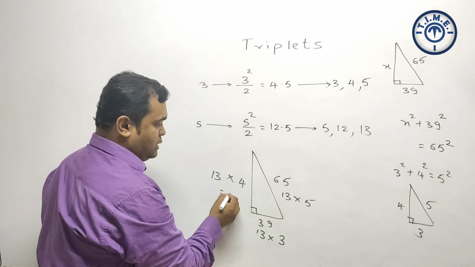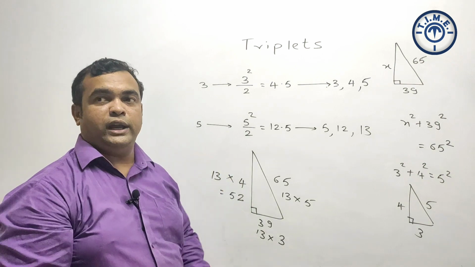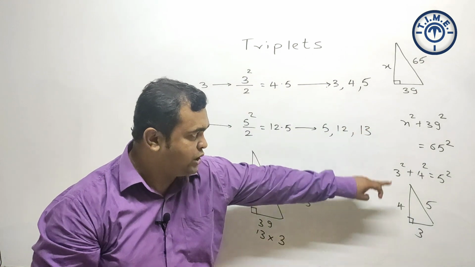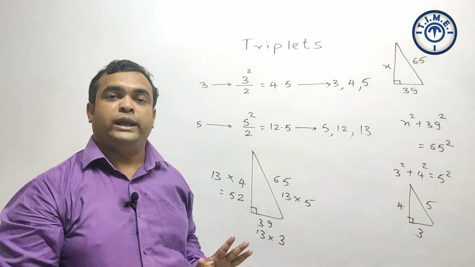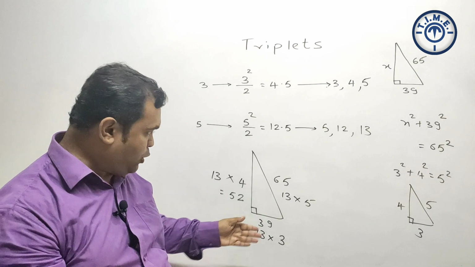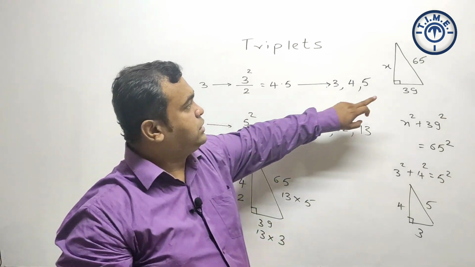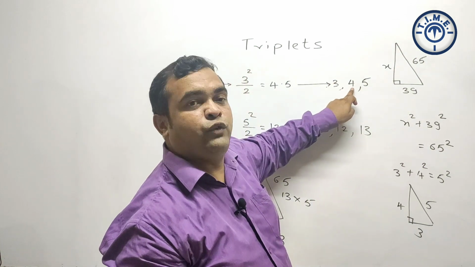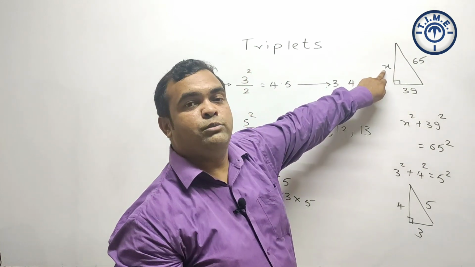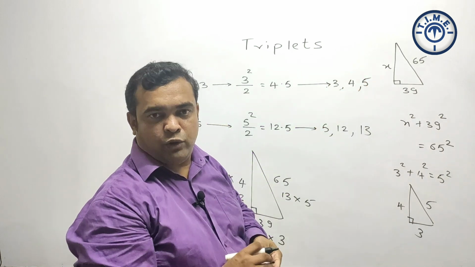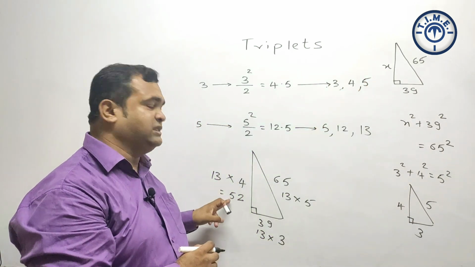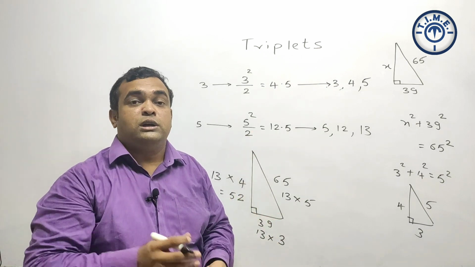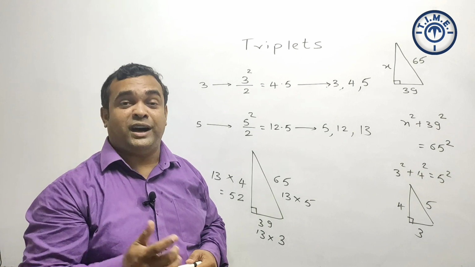So 13 fours are 52, this side is 52. So I got the side. If you have done the calculation, you will get a value of x as 52 only. In an exam, I am not going to write this part also. What I'll do, 13 threes, 13 fives, 3, 5, so left is 4. 13 fours are, this value must be 52. So I'll be putting my pen on the paper only to write that answer, nothing else. This way, if you do the calculations, many right angle triangle questions you can solve faster.